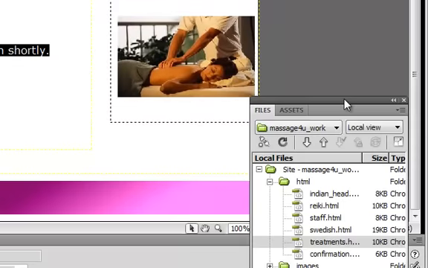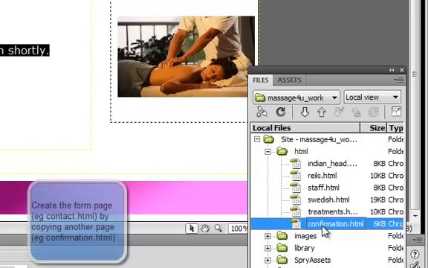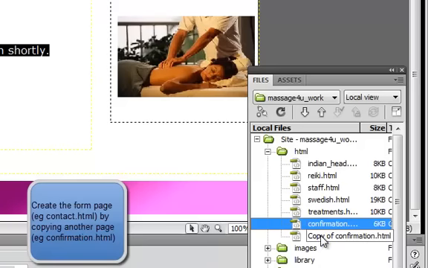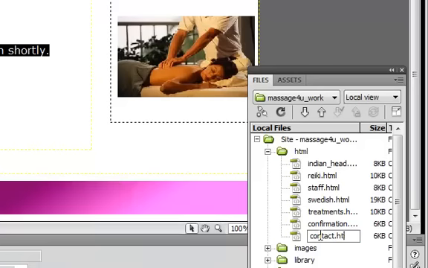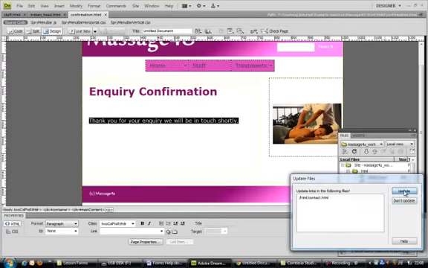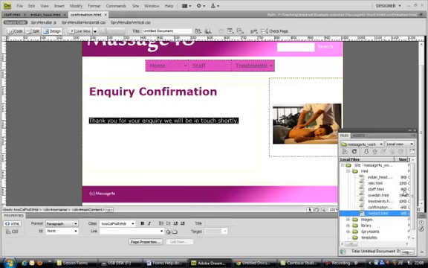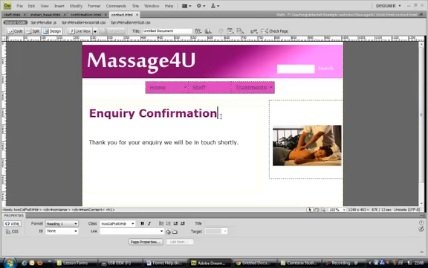Let's now create the main page, the contact page itself, which is going to have the form on it. So I'm going to copy this confirmation page, Control C, Control V. As you can see, a copy page has been created. I'm going to press F2 to rename that, and I'm going to call that contact.html, and then open the page up. Say update to the message that pops up. So let's have a look at this contact page. I don't need this panel anymore, so I'm going to close it. I'm just going to put the heading